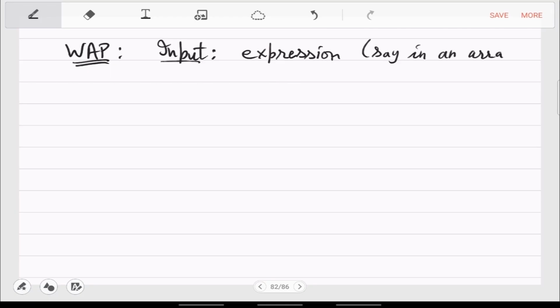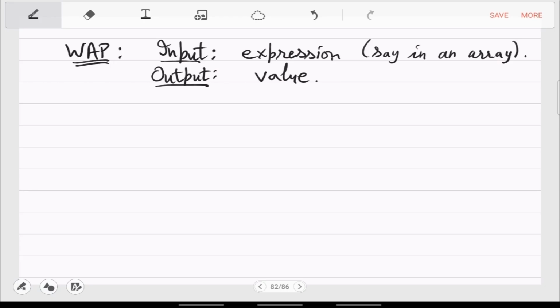A string is also an array, so that's not very far. So a string or array is given to you. It's actually equivalent. And in the output you have to give the value. This is the problem you want to solve. Well, by hook or by crook you can solve it by brute force, although even that will not be trivial. It's a good programming exercise. But we want to solve it as fast as possible, like almost one scan or two scans.